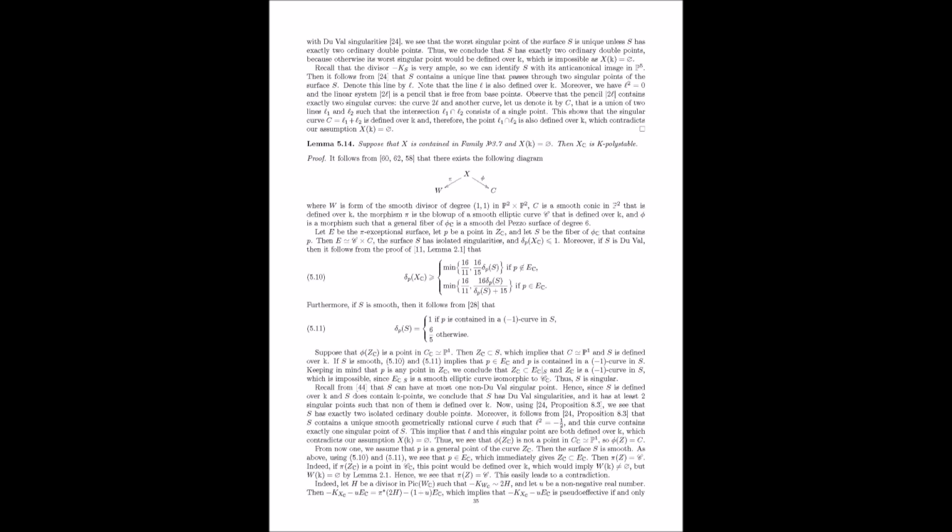They show that this divisor has to be big, meaning it covers a large part of the threefold's volume. So this big divisor tied to the conic bundle structure helps us understand the threefold's geometry. Exactly. And this, combined with other geometric arguments, lets them establish a lower bound for the delta invariant of these